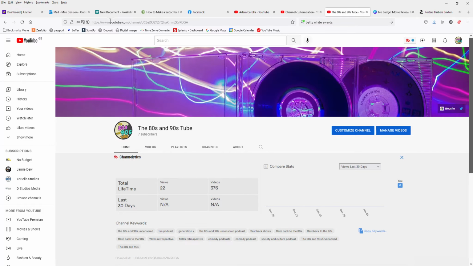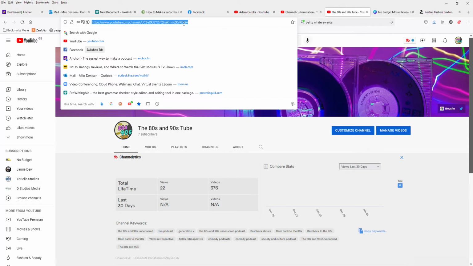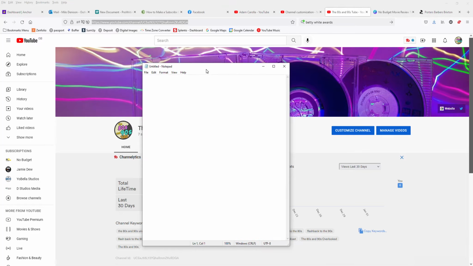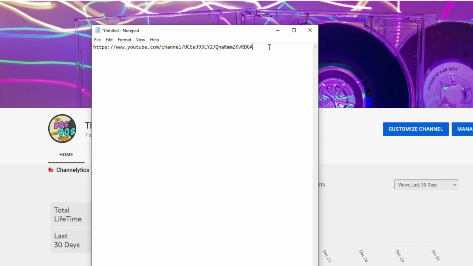In order to do that, first make sure you're logged into your channel. On your channel, what you're going to want to do is copy the URL for it and just open a notepad. That works fine. Paste it into there. And then after the URL, you want to put this /sub_confirmation=1. I'll paste this in the notes below so you can just copy and paste it. So you take that,